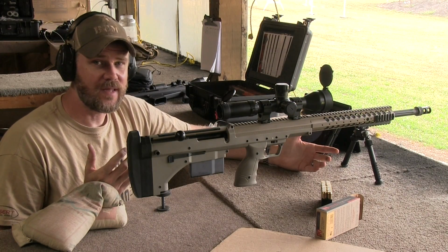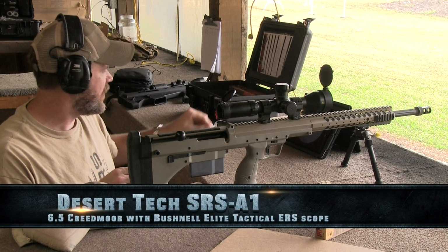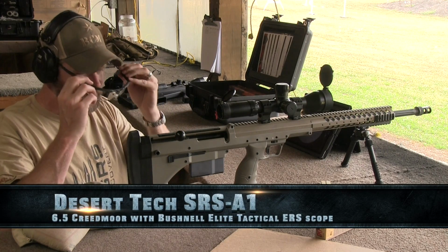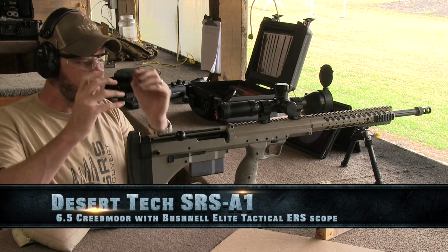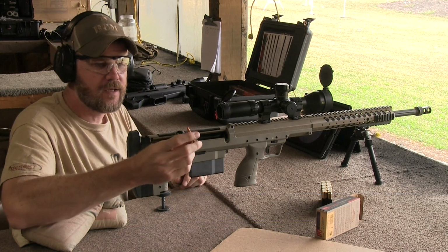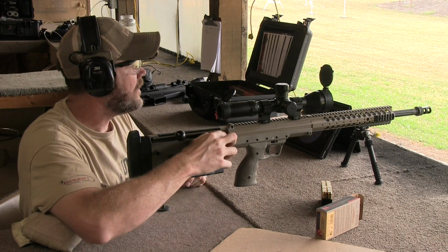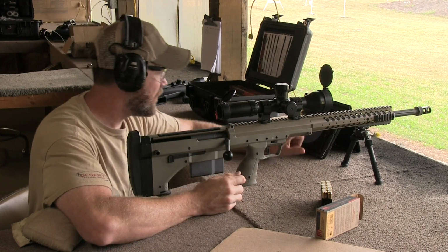And of course, if I'm going to shoot 1,000 yards, I'm going to do so with my long-range baby, and that's my Desertec SRS-A1 and 6.5 Creedmoor. So I fired a couple of shots, got my dope for the wind conditions, shooting some 140 grain VMAX 6.5s. I picked these up from luckygunner.com. And I'm going to record some video